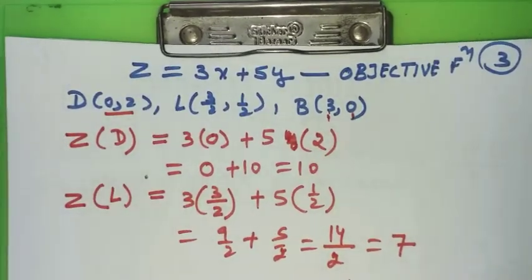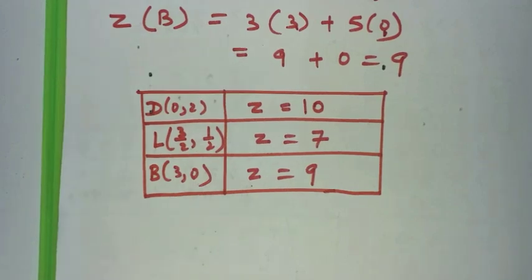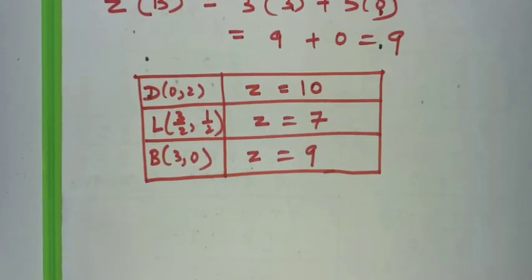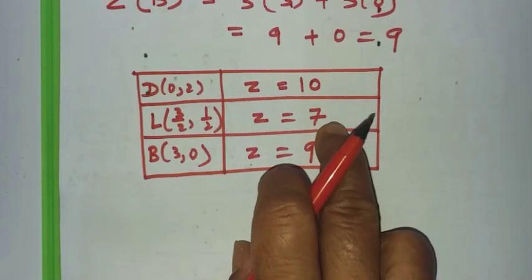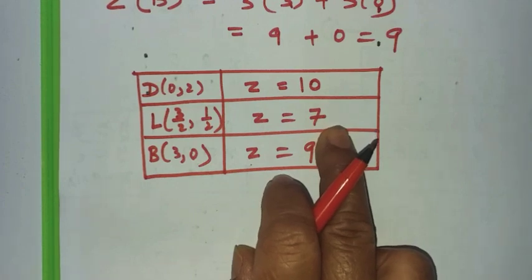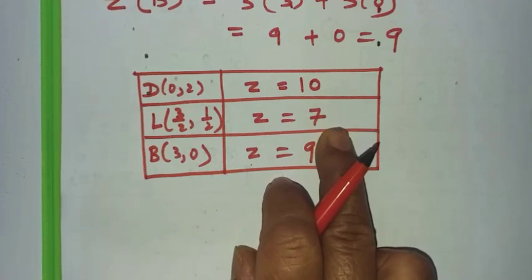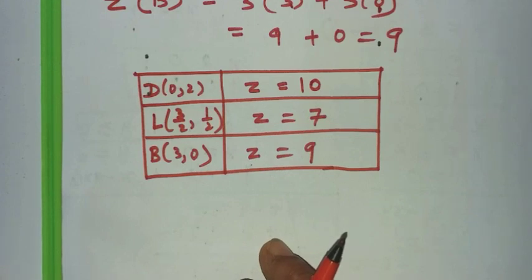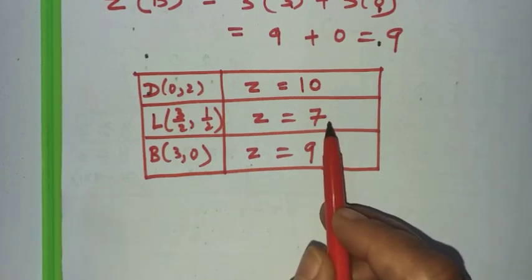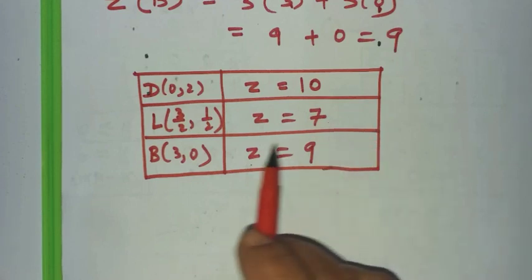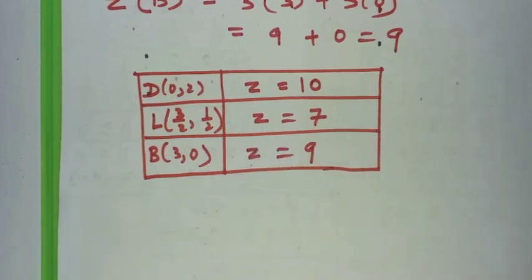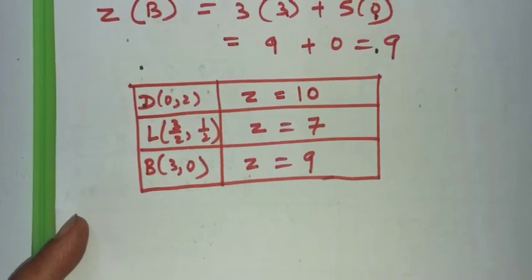But in general circumstances, if the region would have been the bounded region, then I would have said that 7 is the minimum value of z. But right now, since the region is unbounded, straight away I cannot say that 7 is the minimum value of z. There is one more step involved, and please very carefully go through that step.